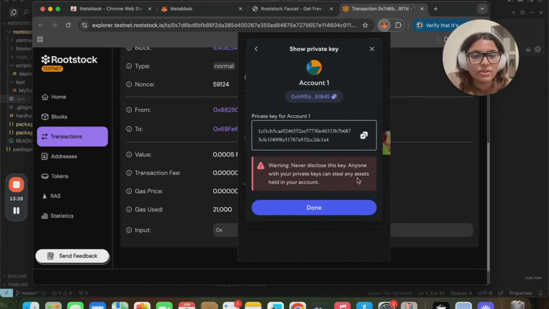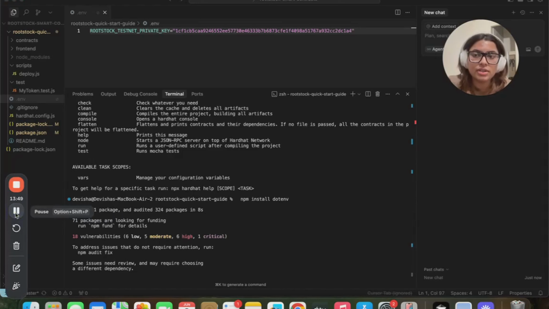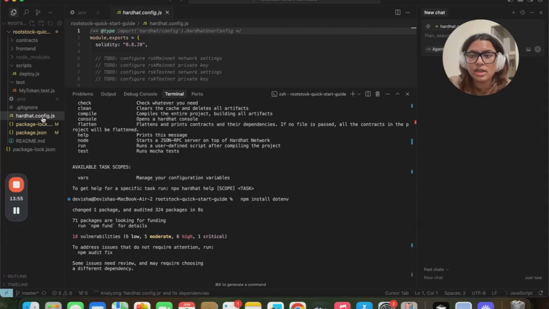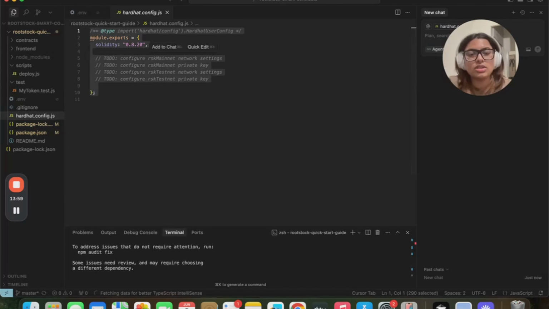Remember to never disclose it to anyone. It can lead to fraudulent activities. And we can go back here, and in the .env file we're gonna put our private key and save it. Now to configure our Rootstock network private keys, we will be going to hardhat.config.js and we will be changing this whole contract